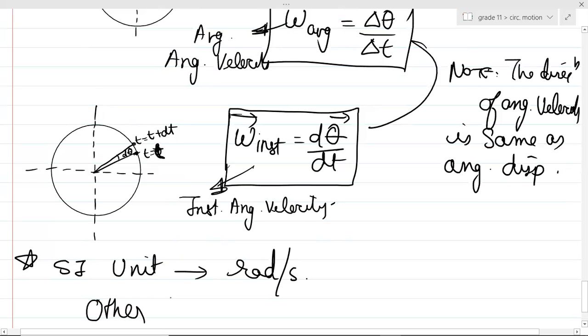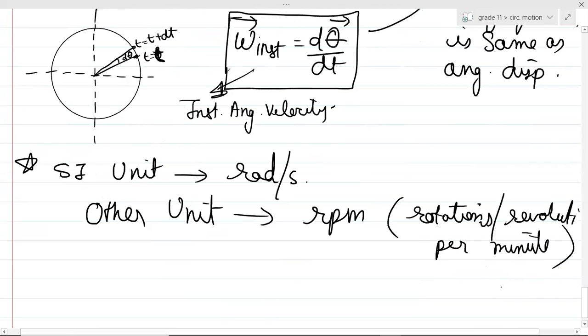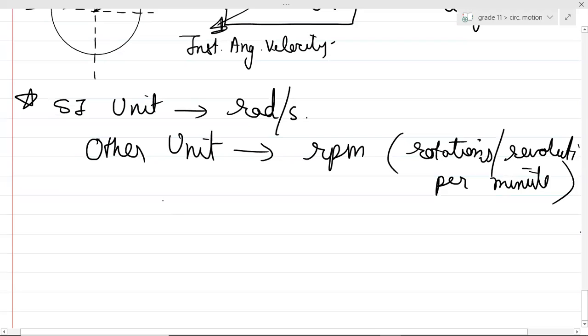Other units they may give it in terms of RPM. Anyone remembers what is RPM? Rotations or revolutions per minute. Okay. Basically 1 RPM equals to 2 pi radians per